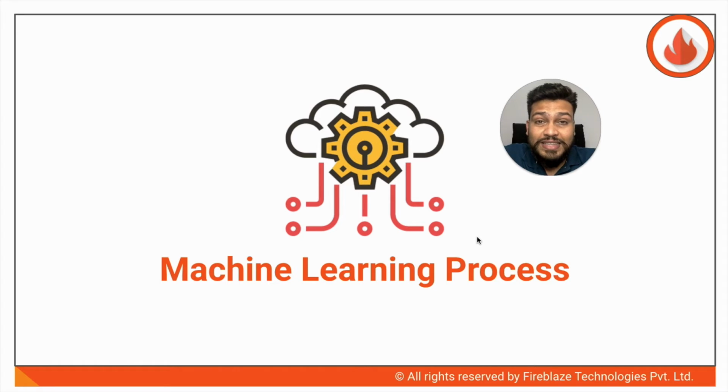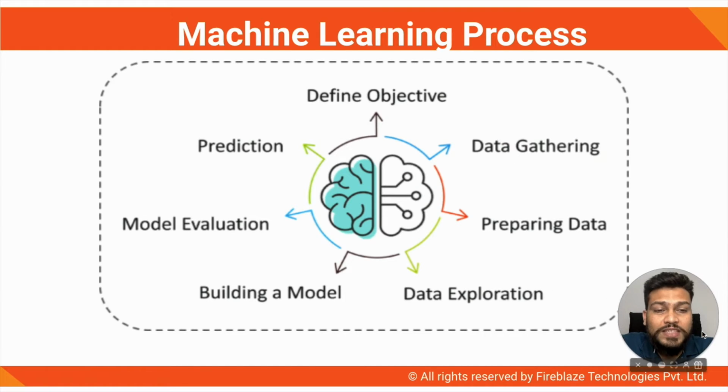And that certainly gives us an idea about what the machine learning process is as well. If I try to explain the entire process again, the first part of the life cycle is to define the objective: what we basically want to achieve. For any project you are working on, machine learning or data science, you first need to figure out what you want to do. So you need to define your objective first.